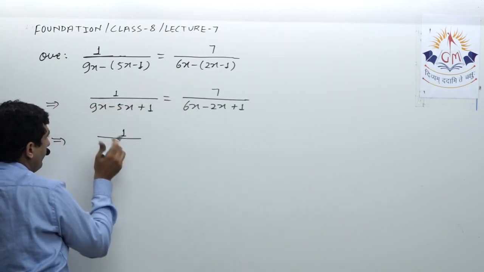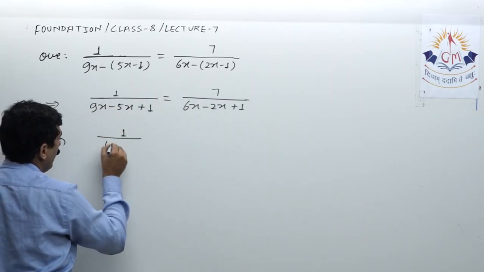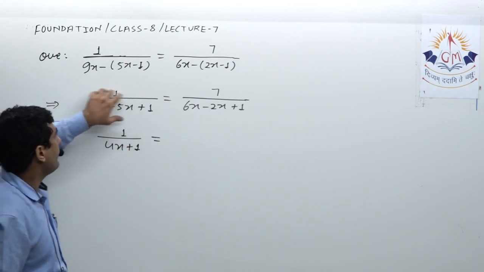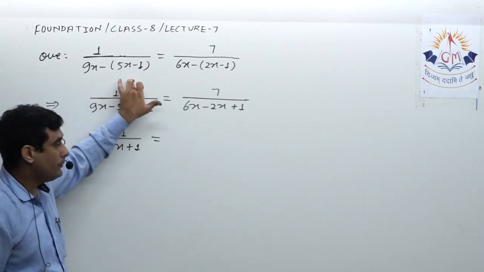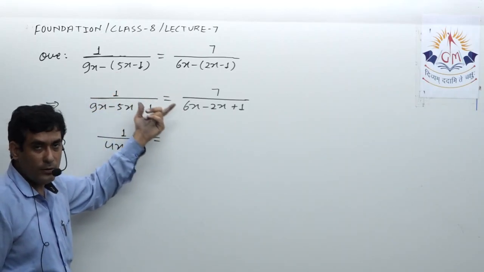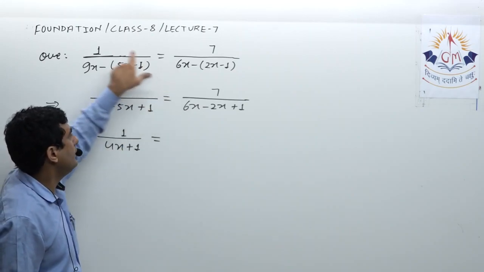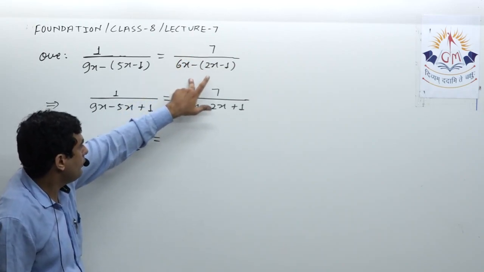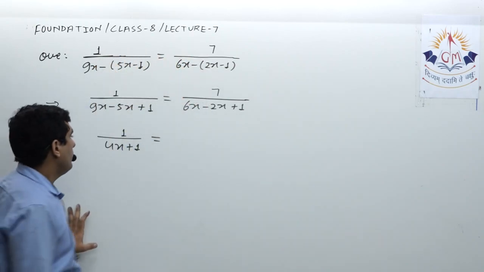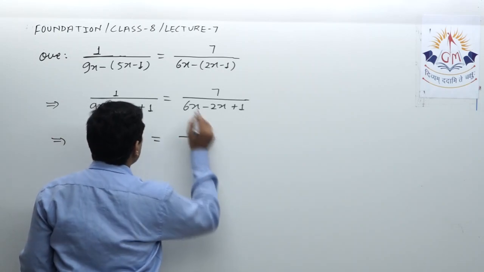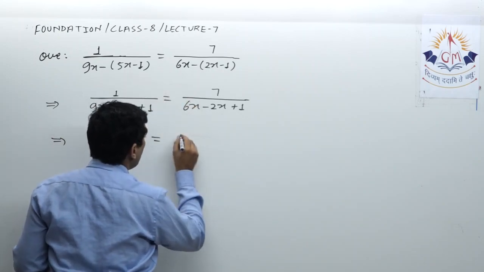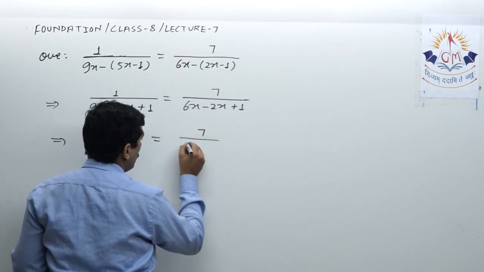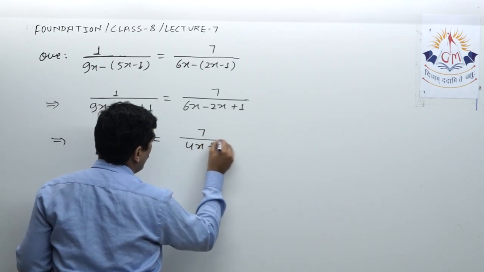Now finally the denominators over here will be 4x plus 1 is equal to... the only thing is that it looks difficult because x is in the denominator, but we know how to take this quantity which is the denominator into the numerator. If we change the side, this denominator will be the numerator over here, and this denominator will be the numerator over here. So it's not that much difficult. The x was only in the denominator, so it was looking a little bit difficult. Now 6x minus 2x is 4x plus 1.